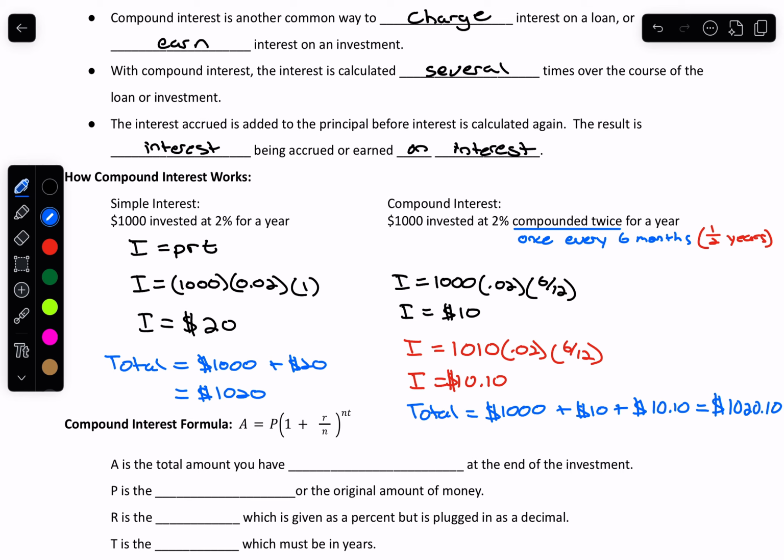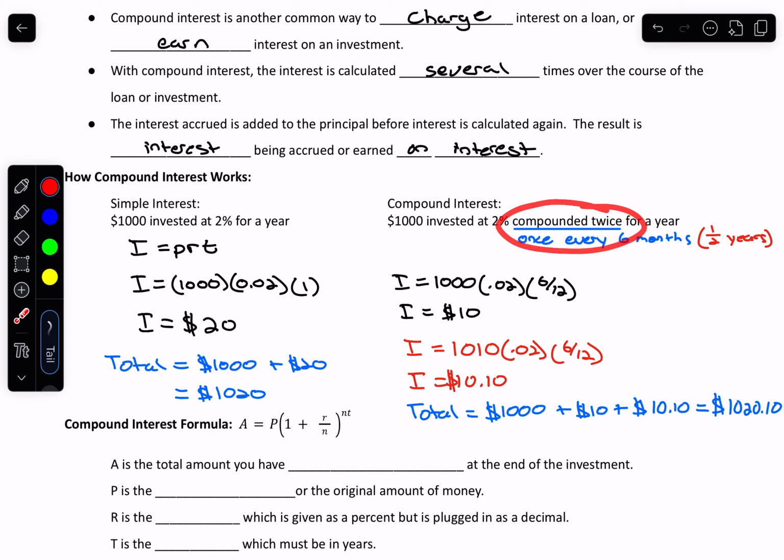We invested for the same amount of time. It was a 1-year period. The only difference, we had the same interest rate and the same principal. The only difference is the fact that we compounded twice. So the exact same money invested with the exact same interest rate for the exact same amount of time, but